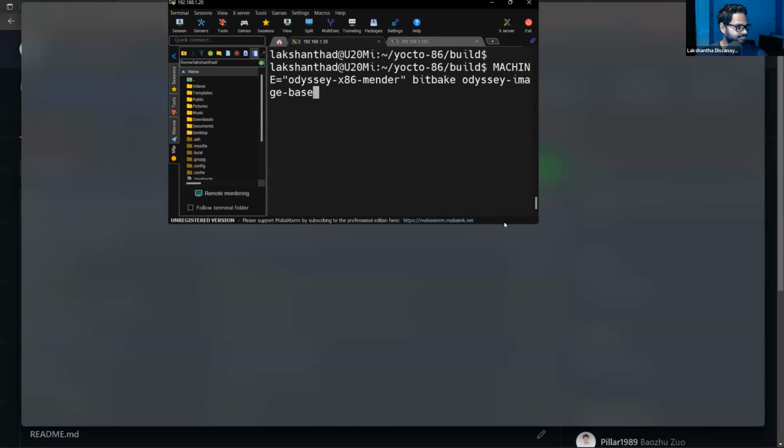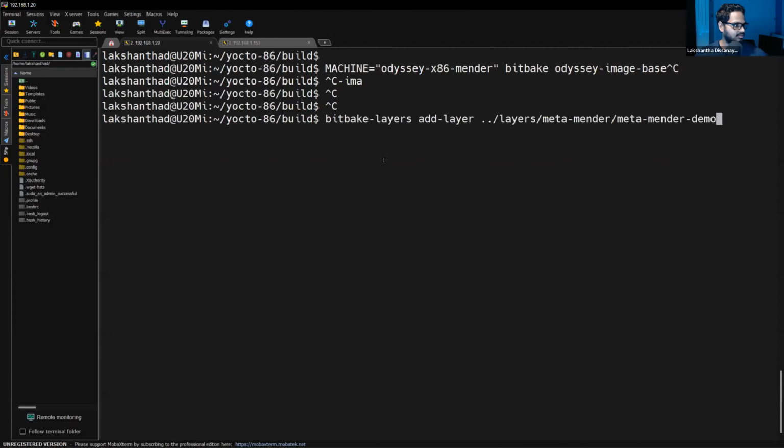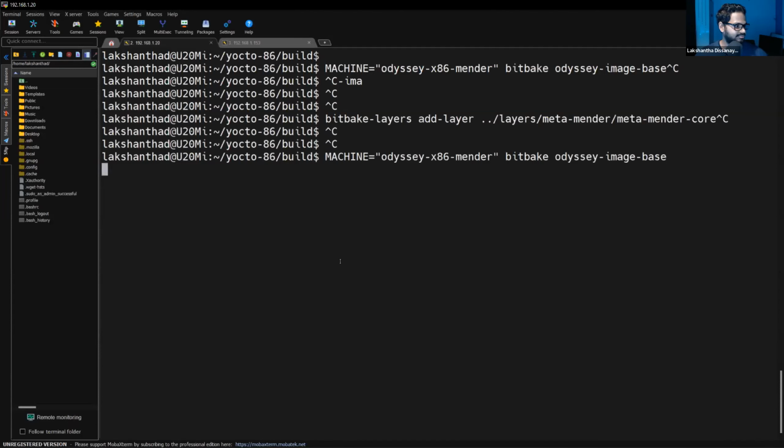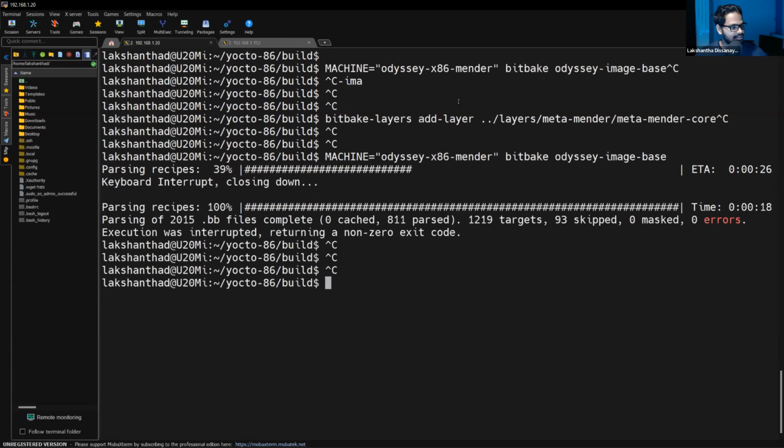So now I will start building this. Yeah. So the build process will take some time, and it will mainly depend on the processing power of your CPU. So I will not leave it like this because it will take a long time to build this. So I will just stop it from here. So after the compilation of this is finished, it will generate bootable system images so that you can directly flash the image to the Odyssey x86 board.